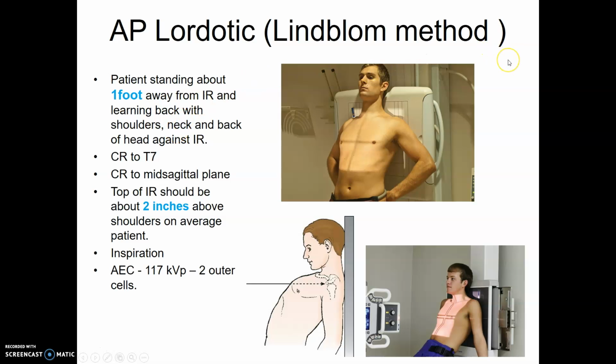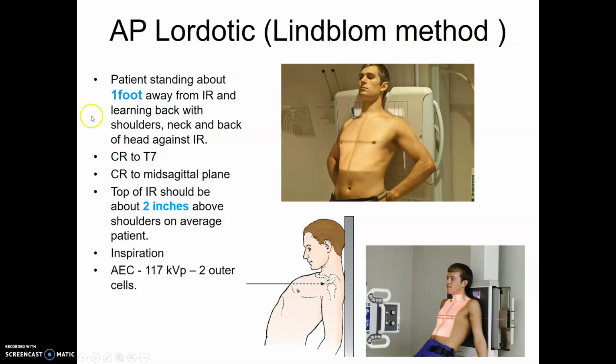As far as methods, textbook method would be to have the patient stand about a foot away from the wall bucky here, your image receptor, and they lean backwards, putting the backs of their shoulders against the board, but keeping their hips forward. This is pictured down here as a seated version of that. And then you could keep the tube straight. You do have to watch out for their chin dipping down here into the apices,